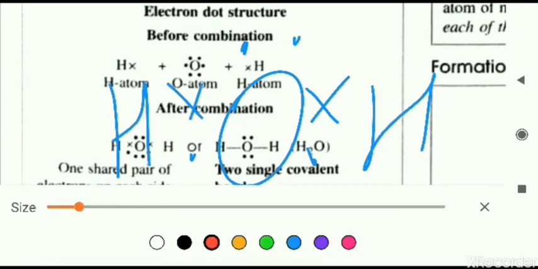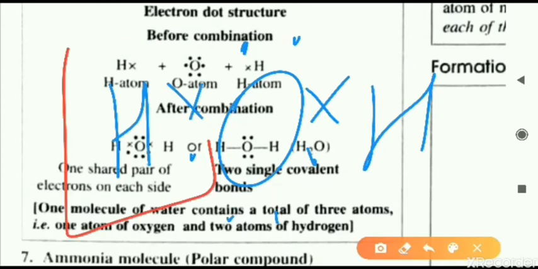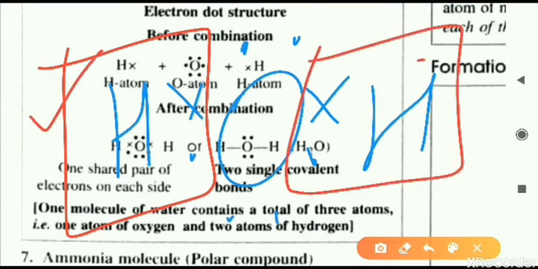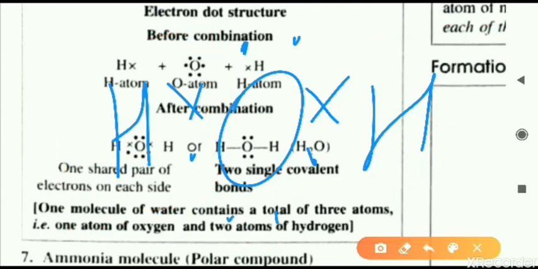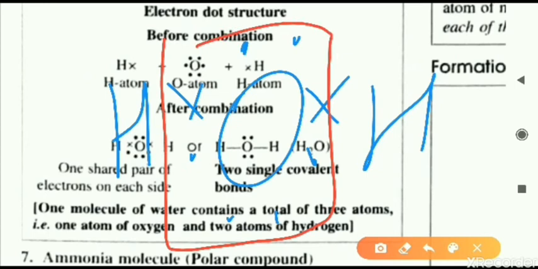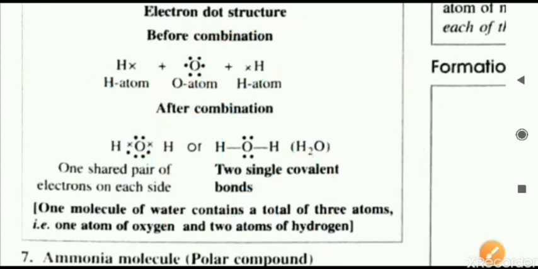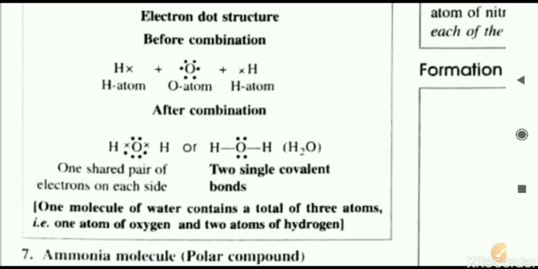Now here you can see the benefit for hydrogen. It now has 2 electrons, so its duplet, not octet, is complete. On this side also the duplet is complete. In the case of oxygen, the total is now 8. 6 electrons are of its own, and 2 electrons are shared from the hydrogen atoms. As a result, 2 covalent bonds have developed and the molecule of water is complete.